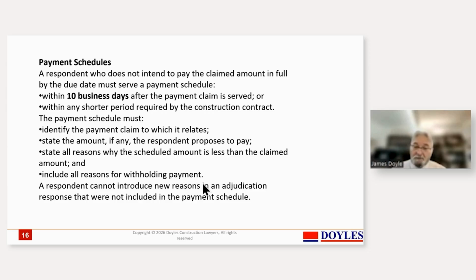The situation is that it must be specified. So again, when you've got reasons as to why not to pay, you should specify them and relate them to the contract and his obligations to deal with it. The other aspect is you've got to say how much you propose to pay. Now, that might be zero or it might be part of the amount claimed, but you've got to state it fairly clearly and unequivocally. And you've got to include all the reasons,